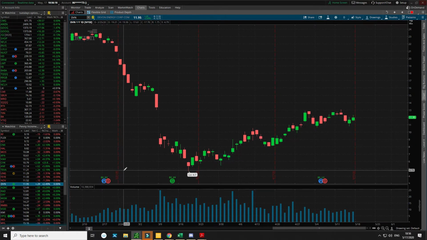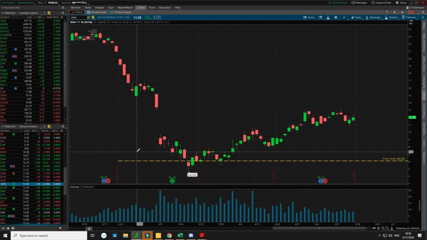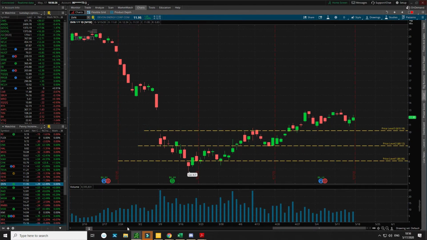So let's look at some. Here's a support. Here's another support. There's another support with these two candles here and these candles here. There's probably one more, right about here with this candle here, and this candle here. You can clearly see that